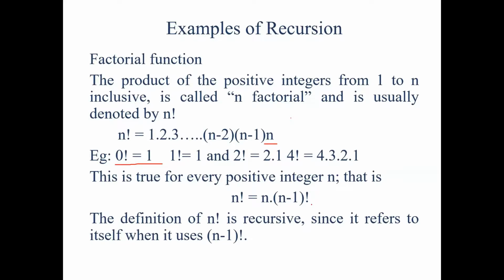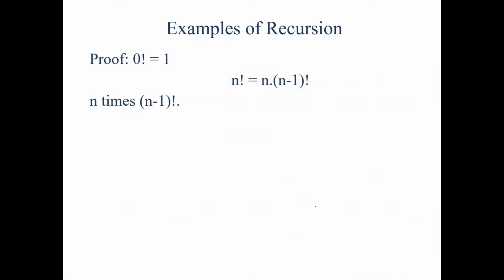We are just showing that the factorial of a number, when we call it recursively, is nothing but the product of the numbers from 1 to that particular number. It is true for all the positive integers, and when we do it recursively, factorial is given as n into n minus 1 factorial. So the definition of n factorial is recursive, and we refer to it as a call to n minus 1. This we have already executed in our previous lab programs.